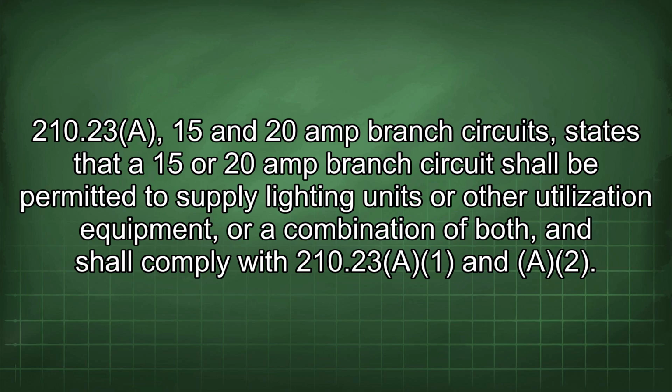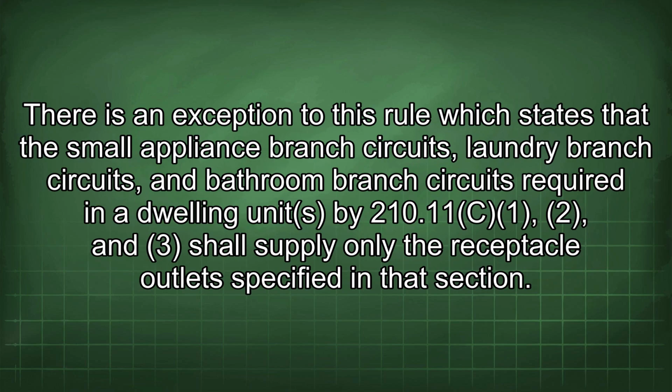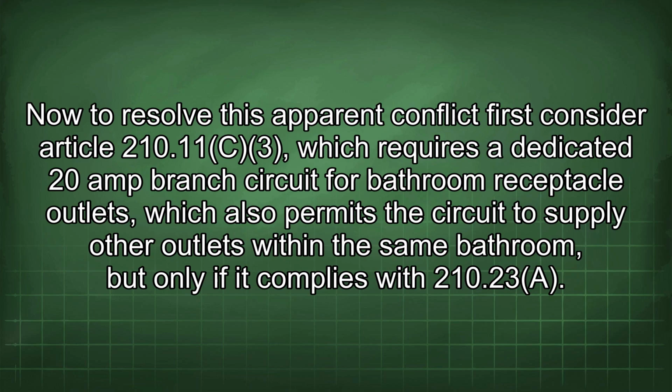210.23(A), 15- and 20-amp branch circuits, states that a 15- or 20-amp branch circuit shall be permitted to supply lighting units or other utilization equipment, or a combination of both, and shall comply with 210.23(A)(1) and (2). There is an exception to this rule which states that the small appliance branch circuits, laundry branch circuits, and bathroom branch circuits required in the dwelling units by 210.11(C)(1), (2) and (3) shall supply only the receptacle outlets specified in that section. Now to resolve this apparent conflict, first consider Article